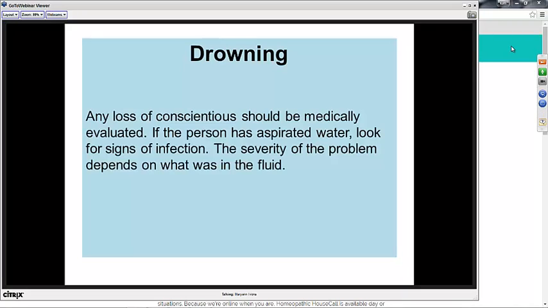And the severity of the sequelae depends on what was in that fluid. So hopefully there are no lipids, no fats, because lipid pneumonia is horrible. And chlorine is nasty, nasty, nasty if it's a pool. So even if the person hasn't lost consciousness and everything seems to be okay, if they have aspirated fluids, you need to watch them for the next 72 hours. That's just sort of it.